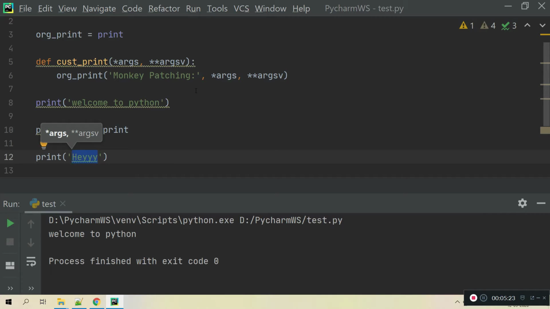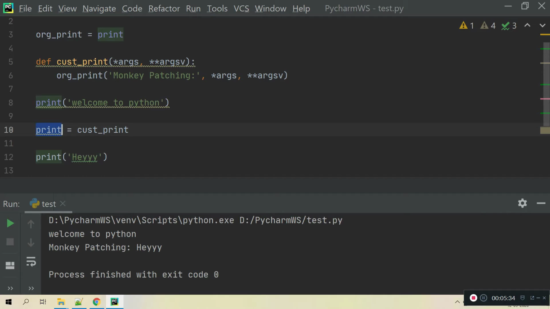I want to print here, but I did monkey patching. So let's see what it will be printing right now. See, in this case, the second one, I passed to the print method, but here we can see monkey patching. So the behavior of this method is altered.